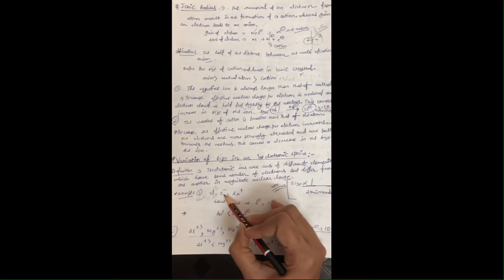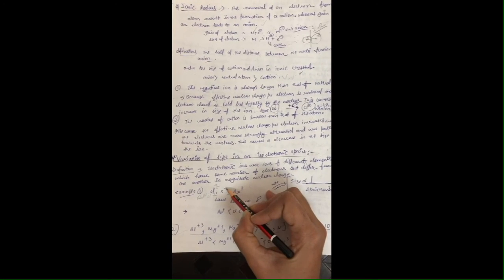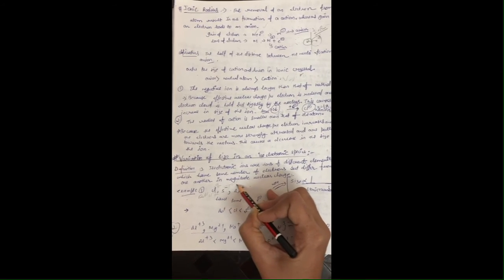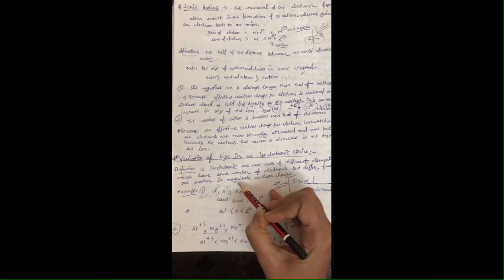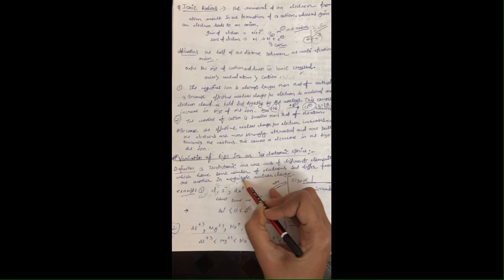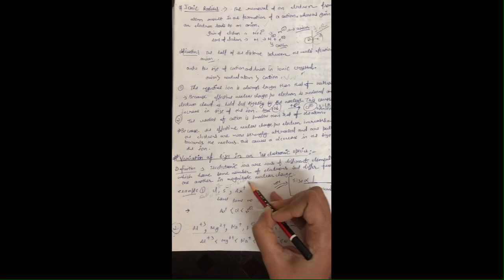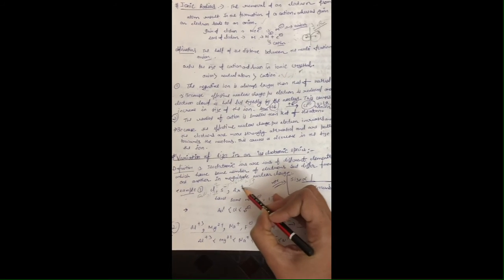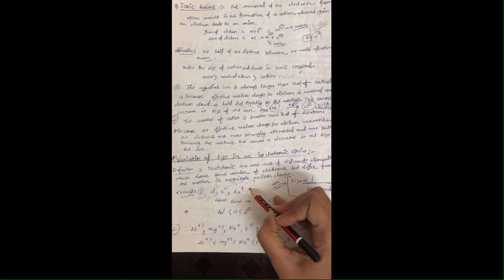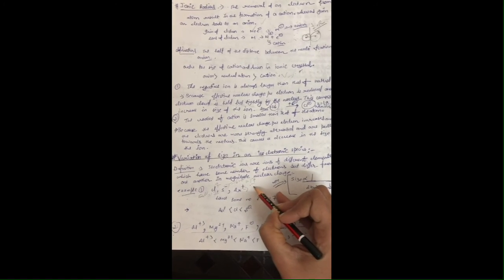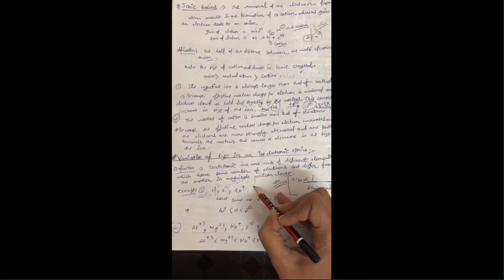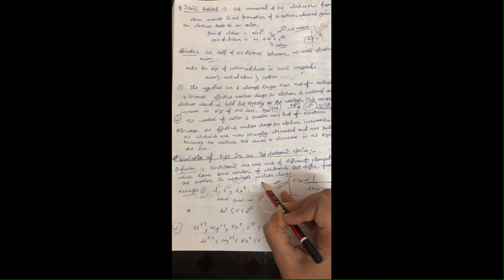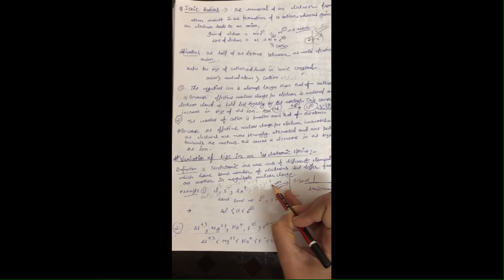Clear? And for sulfur the charge is 1 minus. Generally the atomic number of sulfur is 16. If I add 1 electron to it, then it will behave like chlorine, having 17 electrons. And the same in the case of argon. Generally the atomic number of argon is 18. If I lose 1 electron from argon, initially the number of electrons is 18, and after losing 1 electron, the number of electrons present in it will be 17.